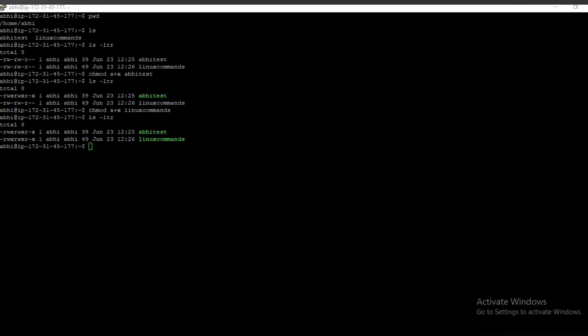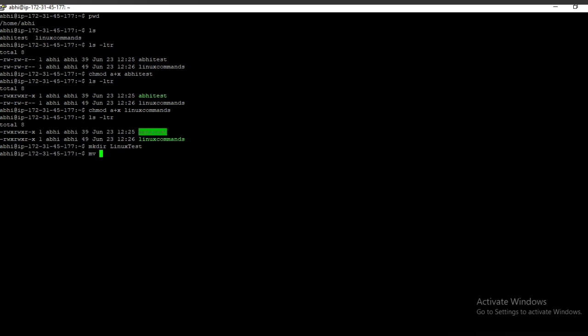Now one important command that we will use is making a directory. We have seen making a file. We will see making a directory using mkdir, make directory. Now we will make a directory in the current path only. We will use Linux text as the name of the directory. Now the directory has been created.